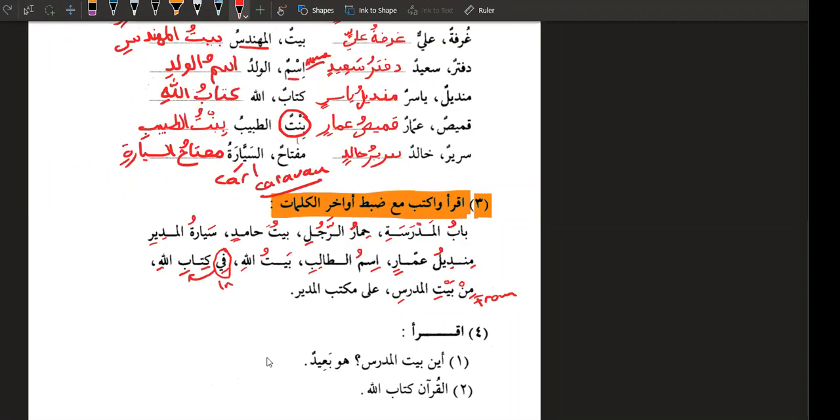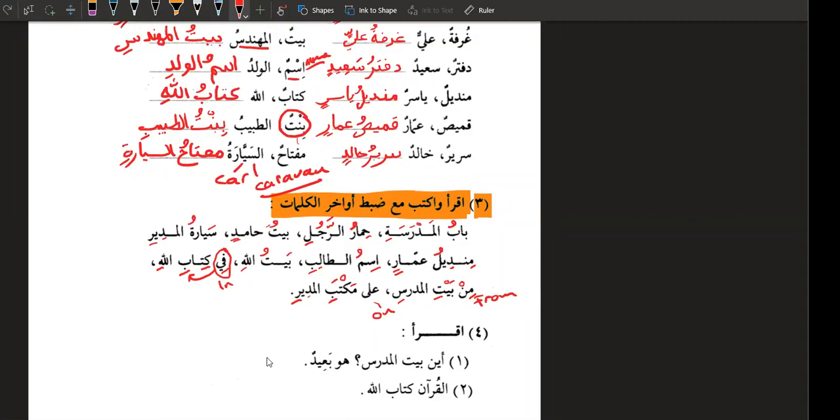عبد القيوم. على مكتب المدير. جيد. على مكتب المدير. مكتبي مضاف، المدير مضاف إليه. ما معنى الجملة؟ On the teacher's desk. ممتاز. إذا نقول